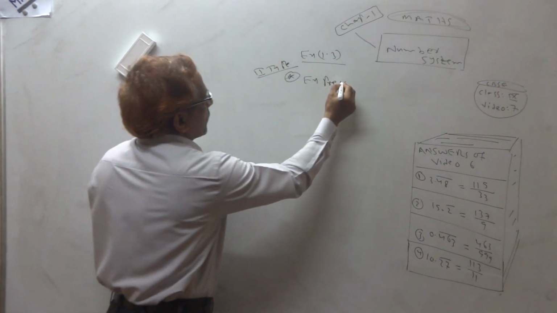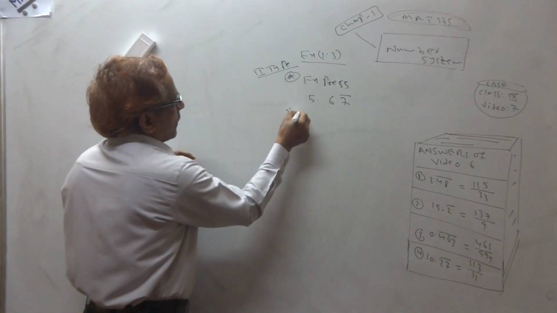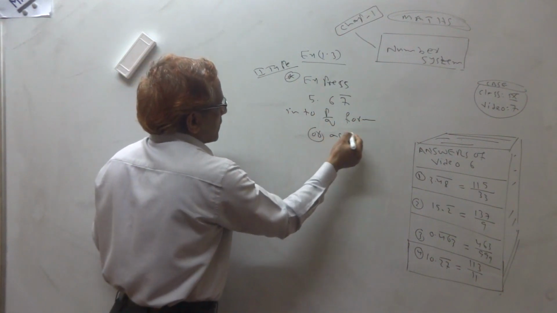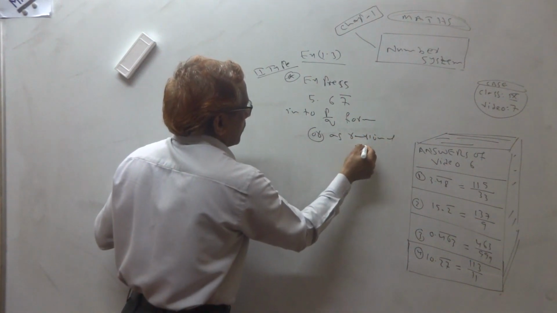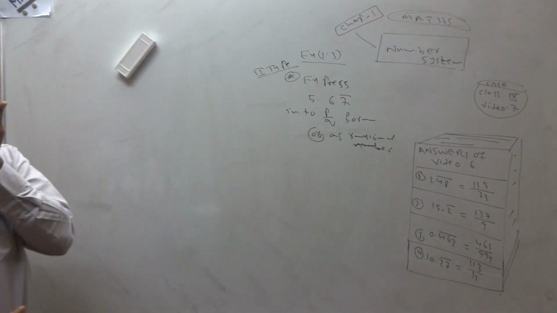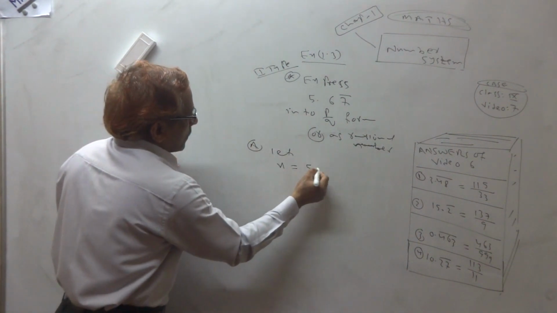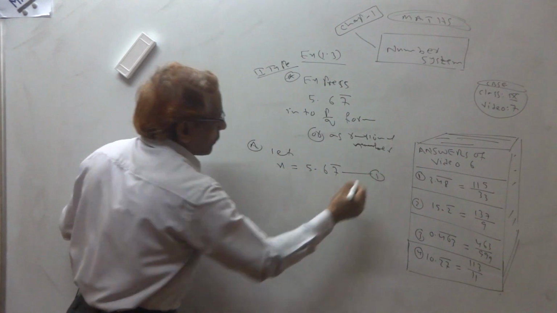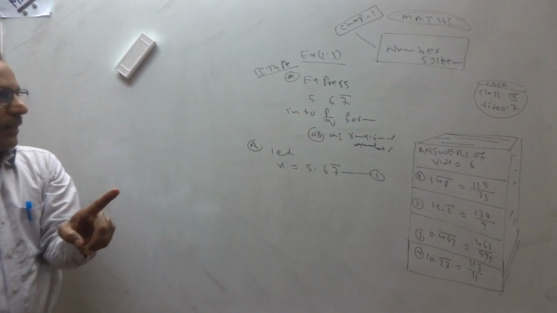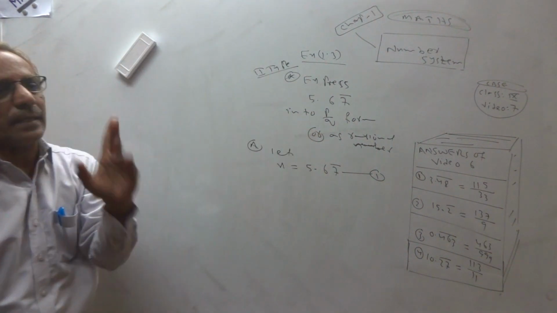Express 5.67 bar into P by Q form. This is a question. It can be given as rational number this way also. Express this as a rational number. So what we do? Please see. Same steps. So first you should decide: is this full bar? If full bar is there, first type. If half bar is given, only on one part of that, then it is the second type.